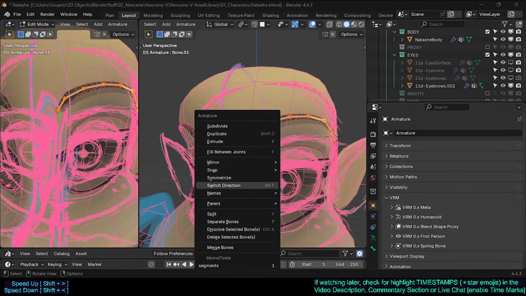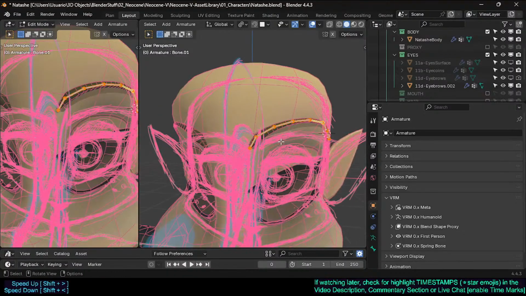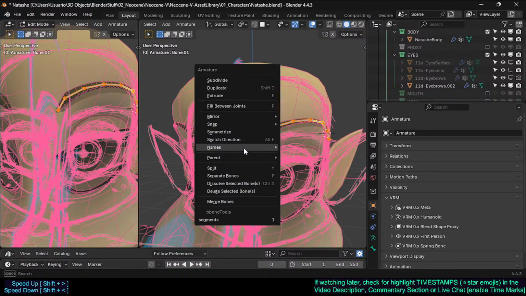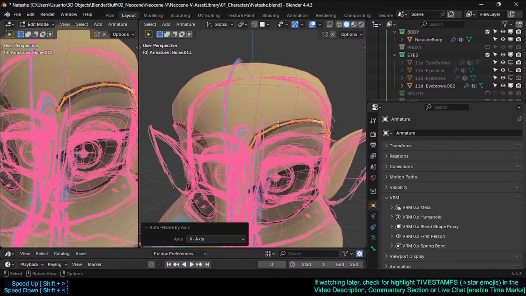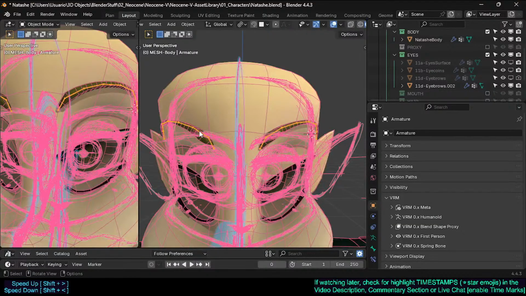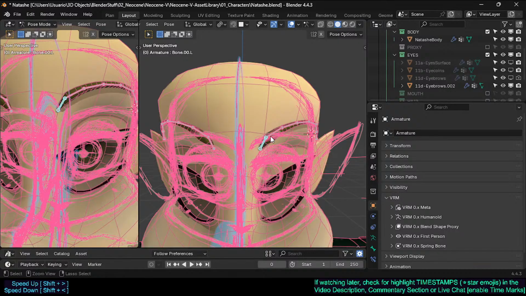Okay, let's symmetrize these bones. Okay, that doesn't work. We need to name them, auto name left and right, symmetrize. Okay, then we don't have the waves working. I think it's something about the